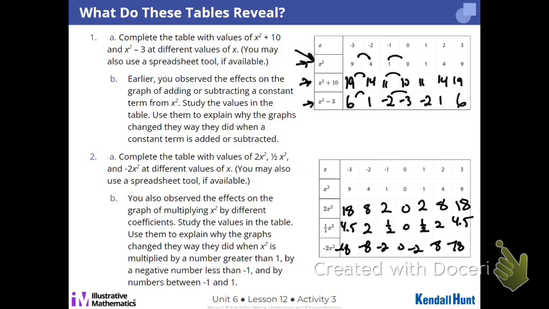And so we're going to justify this as, check out that smaller leading coefficient. I got smaller outputs across the board, which is going to flatten out my parabola. I got that larger leading coefficient. The numbers are bigger, right? We got those 18s. That's meaning narrower. And then what happens when there's the negative? My outputs are all negative, which means below the x, right? My y is below the x. So we have pictures to justify it in our graphs that we showed on Desmos, and now we have the numbers to prove it. What you're going to need to do before you start your homework today is a card